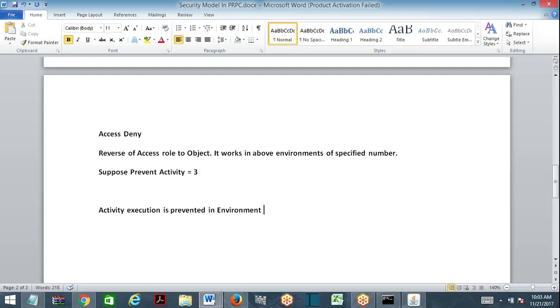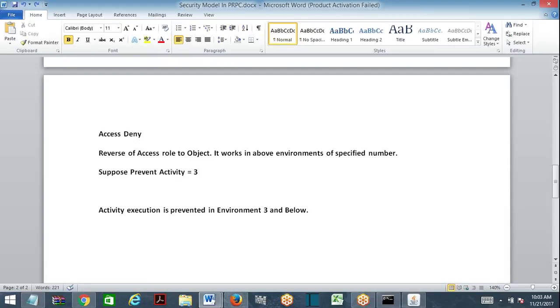Access when, I'll tell you. Role to object: prevent activity 3. What does that mean? Activity execution will be prevented for 3 and below. Correct? Access role to object, prevent activity execution is 3, means activity execution is prevented 3 and below. So that is for positive. Now it is negative, deny. Access deny 3 means access is denied for 3 and below environments.